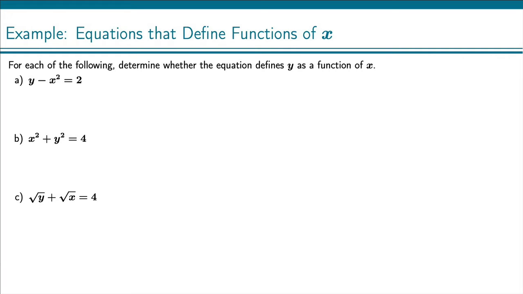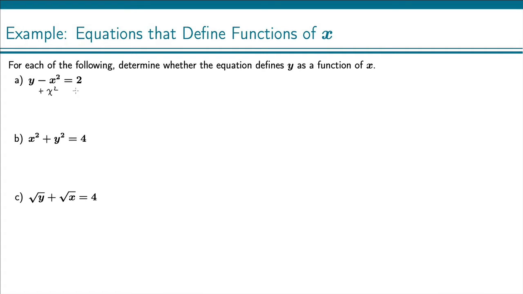For each of the following, determine whether the equation defines y as a function of x. So to do this, we just solve for y and see if we end up with a single value in terms of x. For a, y minus x squared equals 2, all we need to do is add x squared